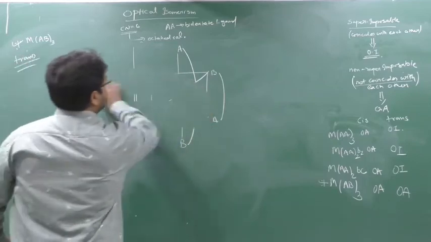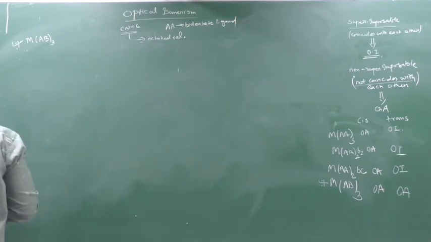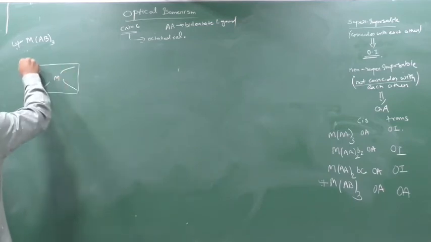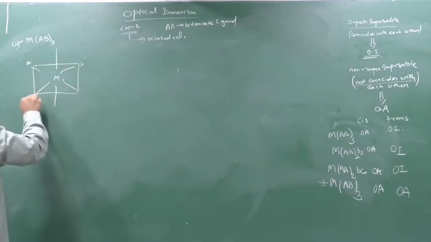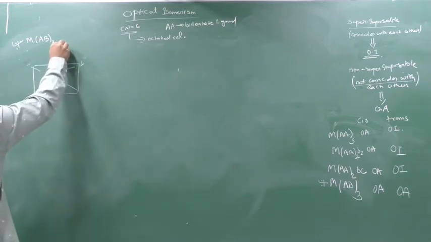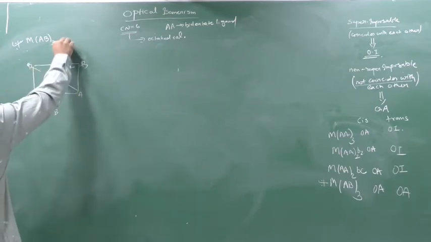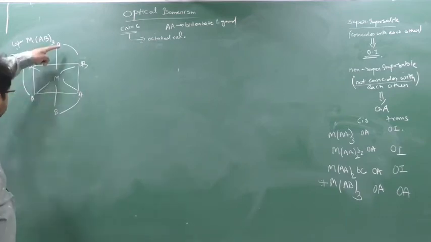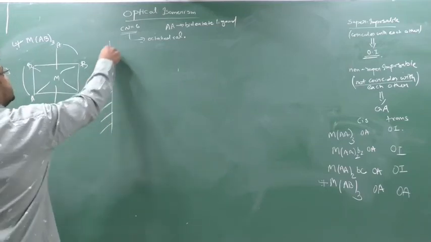See. Cis is also a trans and trans is also a cis. See, we will see this. M, AB, yes or no, sorry, AB, sorry, from here done, AB, AB, AB, 90, 90 and 90, yes or no, cis. But they are also a trans, no? See, here A and B is also a trans position. So whether you take the structure for cis or trans, both are the same.